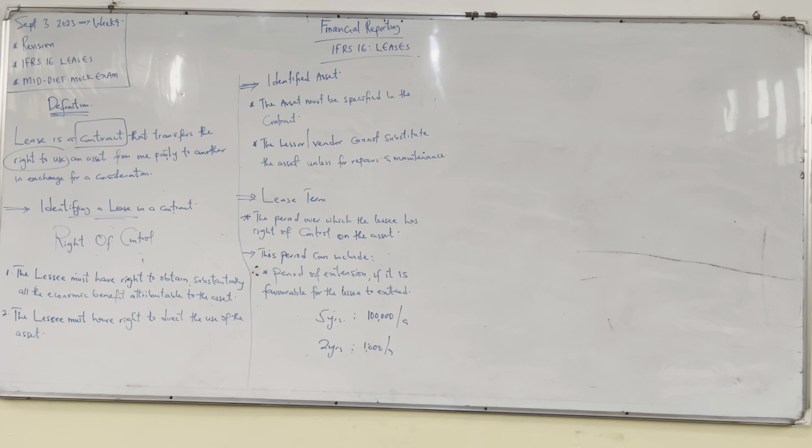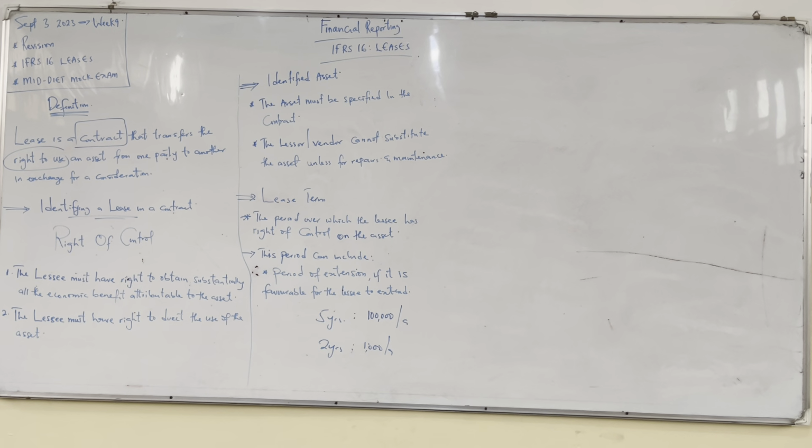The contract will have stated who can insure the assets. There are some contracts that will tell you that as soon as you lease this asset, go and insure it too, in case of damage. And in some instances, it would be the lessor that would insure it and be paying the premium. So it depends, really. The lessee can insure, the lessor can insure. The standard didn't mention who must insure. Good question, very good one.